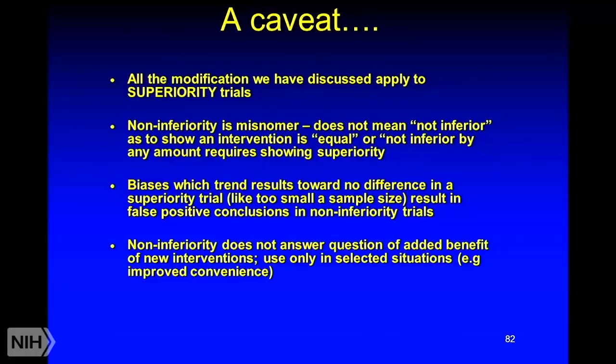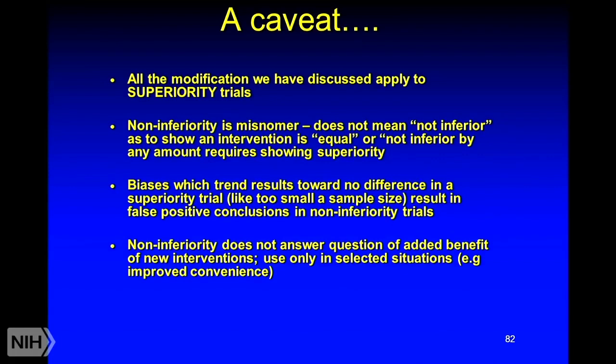I am going to make a caveat on this final slide here, and that is almost everything I've talked about today in terms of modifying studies to make them more efficient is in the setting of trying to show that one intervention is better than another one. That's a superiority hypothesis. There is this crazy thing I mentioned earlier called non-inferiority, which is a misnomer. Now, to you and me, non-inferior means not worse, right? At least that's what I was taught in English class. But this trial design is actually designed to rule out that the new intervention is worse by some clinically acceptable